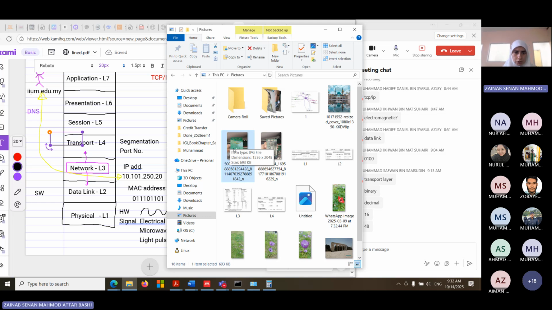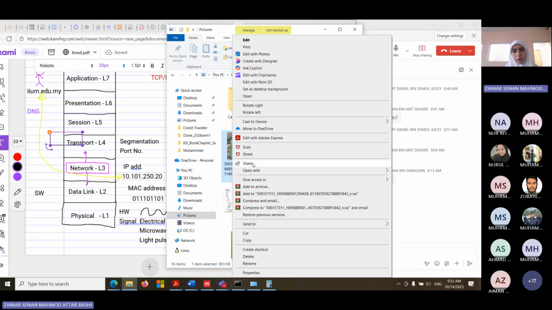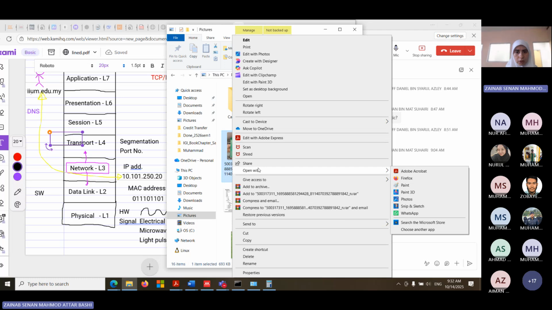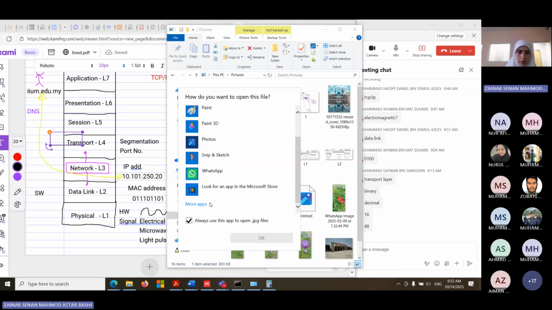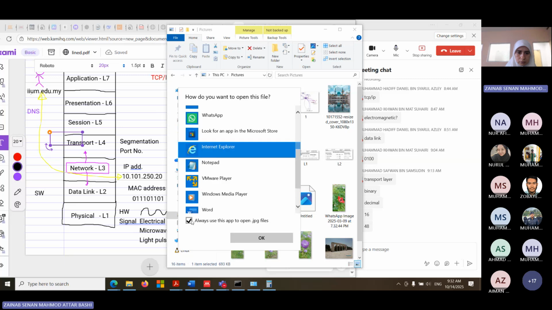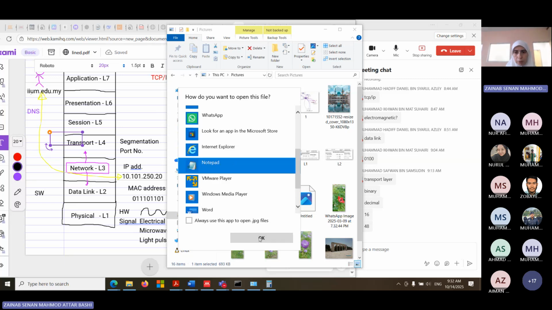If you look at this picture, it is JPG. It has some dimensions to show and a size. If I open it with the wrong presentation, the data will not be useful. So if I try to open it now, I choose another application, let's say Notepad. Notepad is supposed to be for text, not for images. I try to open an image with Notepad.